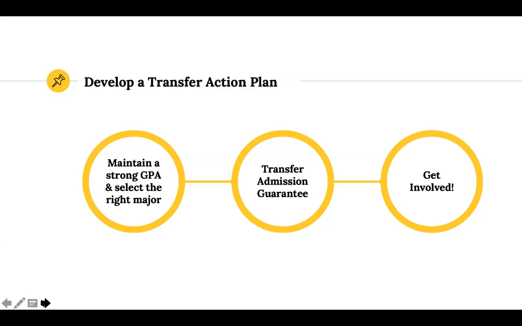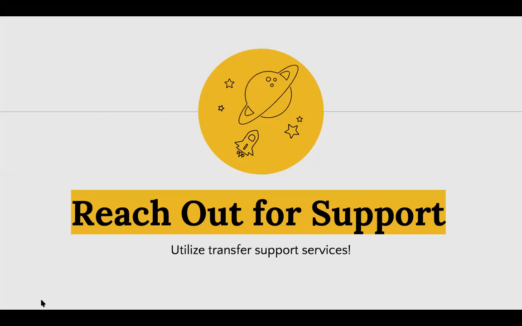Get involved through student clubs, student organizations, special support programs, because all of these opportunities, all these extracurricular activities are going to enhance your admission application, especially the one for the UCs and for private schools, which will ask you to report on extracurricular activities and awards and honors. So one way of taking advantage of resources available to you and enhancing that part of the application that asks about what you've done outside of the classroom is, of course, through reaching out for support and utilizing